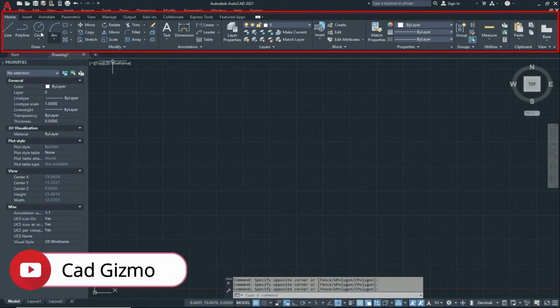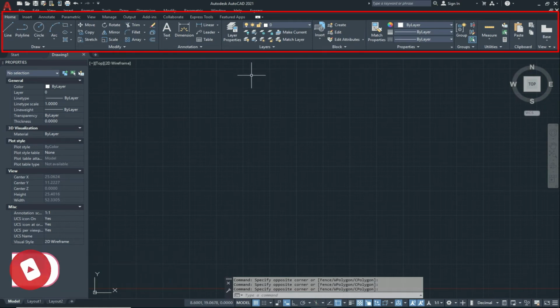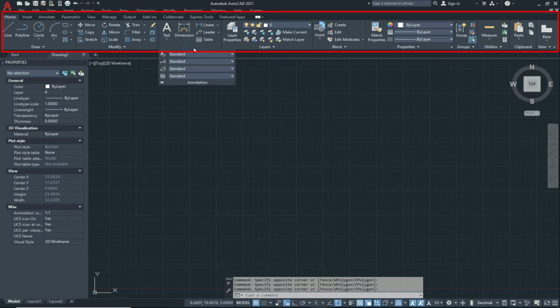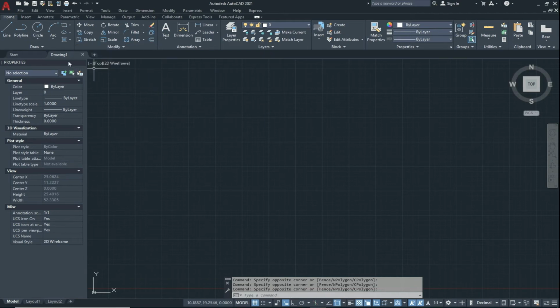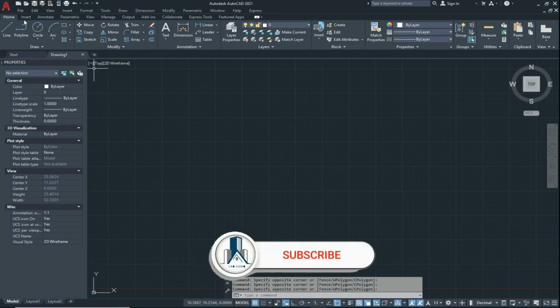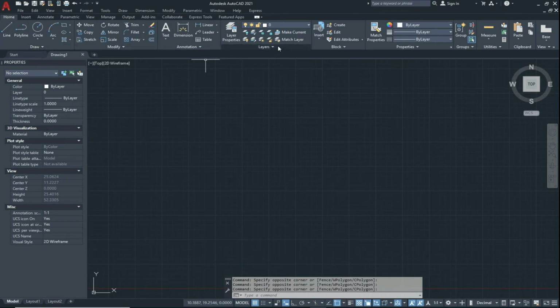These are the panels of the Home tab. And some panels have more buttons as shown here. These are the more options in the Modify panel. So this is a complete ribbon of the Home tab, which includes tabs and panels.